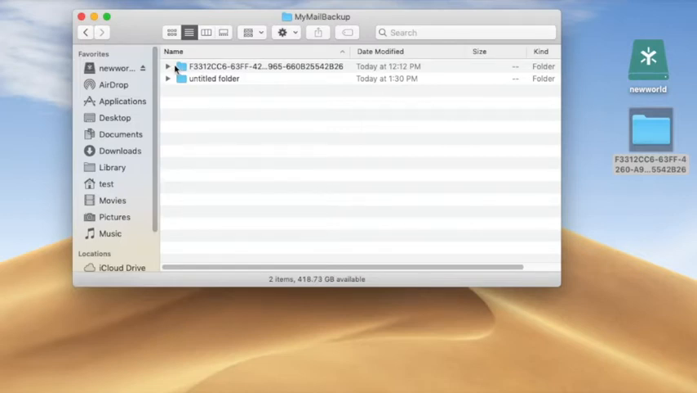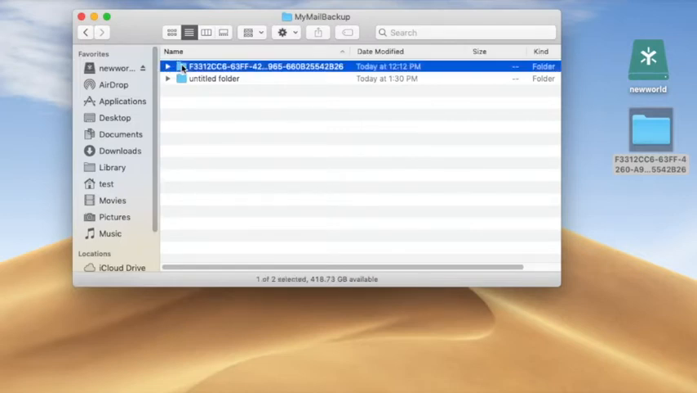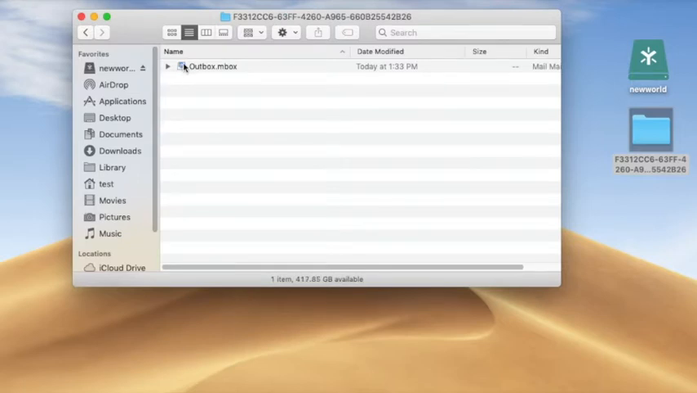Okay, so now if I open this up, there's the outbox, and if I open it up again, all of this looks okay. I don't have any messages in the outbox because all the mail's been sent. But anyhow,